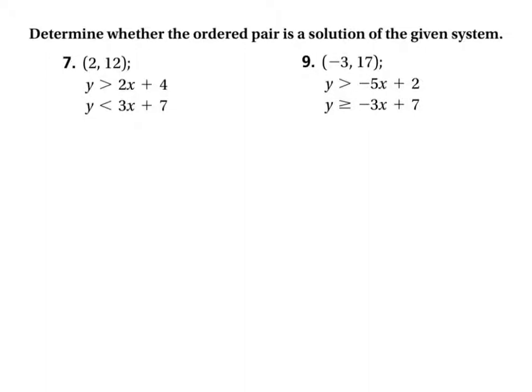So we're determining whether this ordered pair is a solution of the given system, meaning it has to work in both equations to work. So I'm going to write the original inequalities down. They're not equations because it doesn't say equals. Okay, y is greater than 2x plus 4, and then I'm going to rewrite that